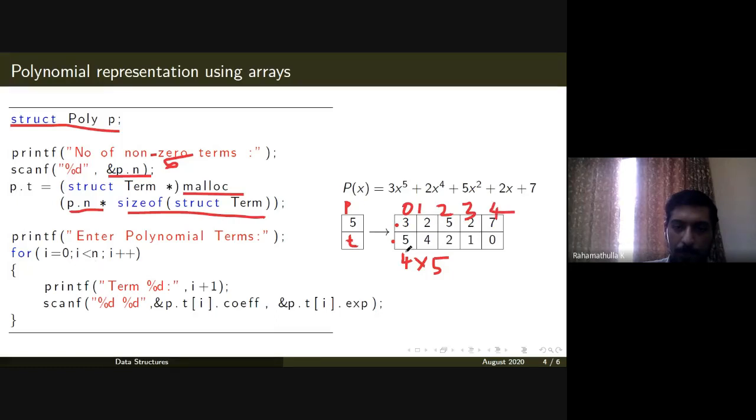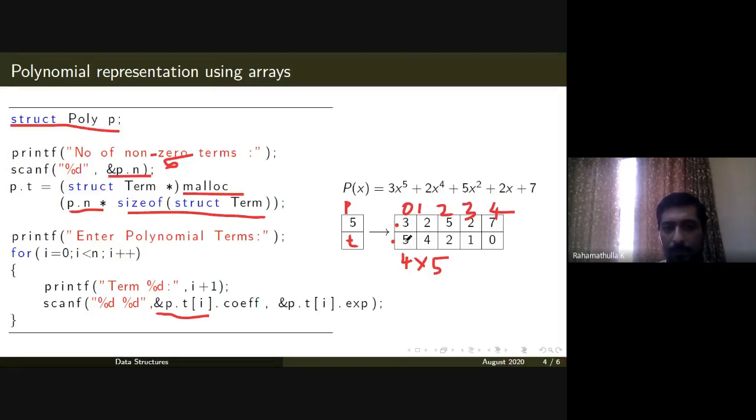When i is equal to 0, you read these two values. When i equals 1, you read these two values and you insert correctly. That's it. You reach here with dot i. It's a pointer, so this is an array. Pointer means that you reach here, dot coefficient means you have two values. This is a structure, you have two values, the coefficient and the exponent. Any questions?